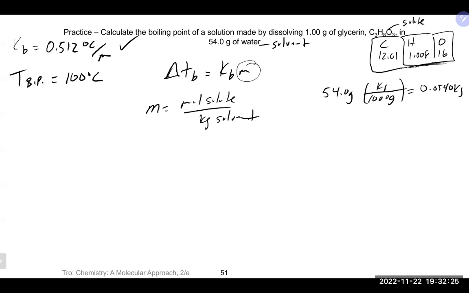So that is 3 carbons at 12.01, plus 8 hydrogens at 1.008, and we got 3 oxygens. So the molar mass there is 92.09. So we'll take our 1 gram of C3H8O3 and, using the molar mass, 92.09 grams per mole,